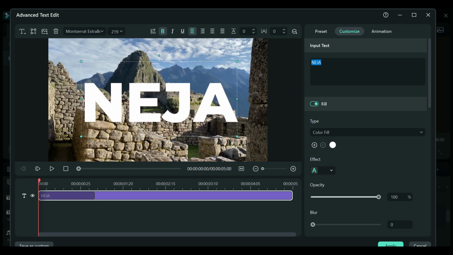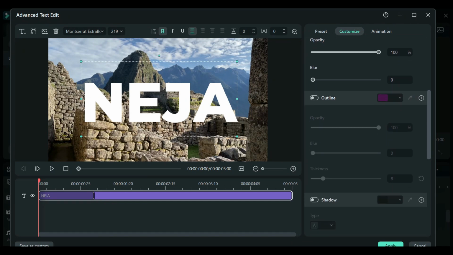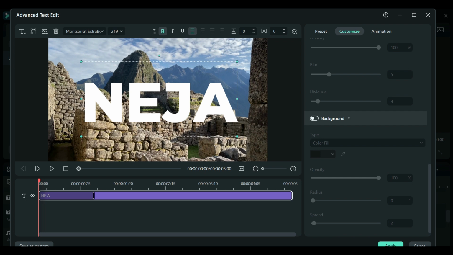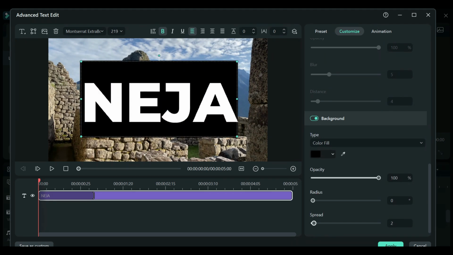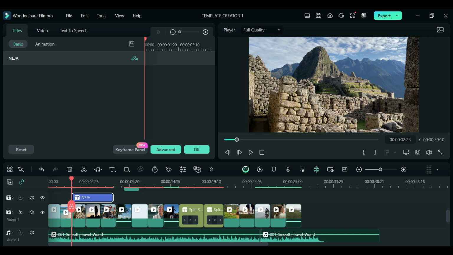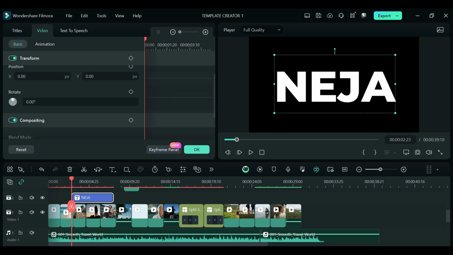If there's an outline, just turn it off, no shadow. Click on background and then have a black fill as its background, and afterward make sure the opacity is at 100 and also spread out the box to 100. And once you're done with that, click on apply and then again click on the text in the timeline and